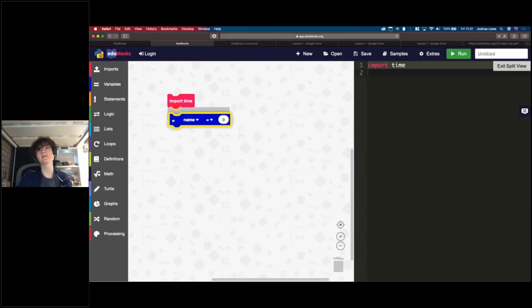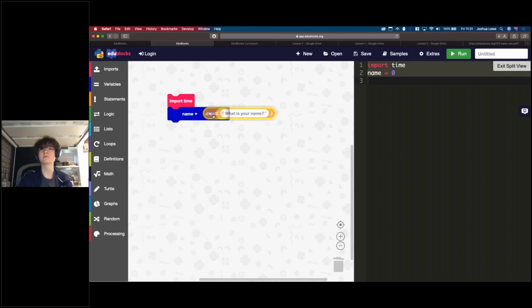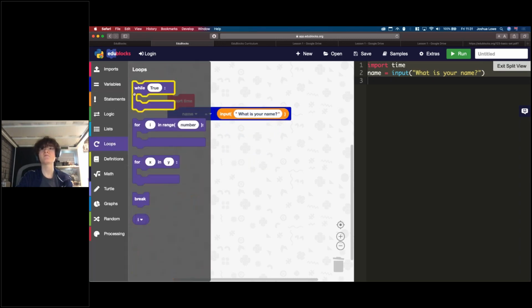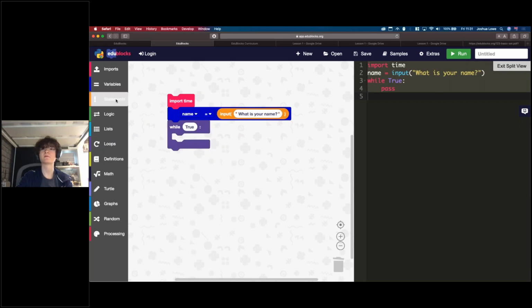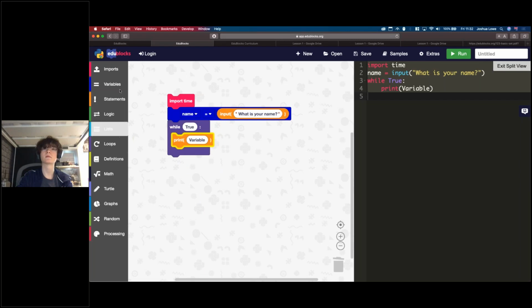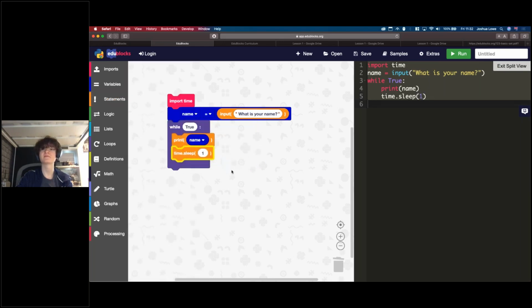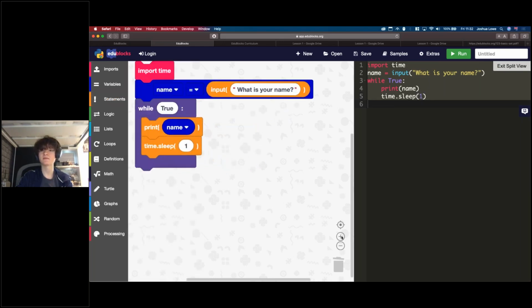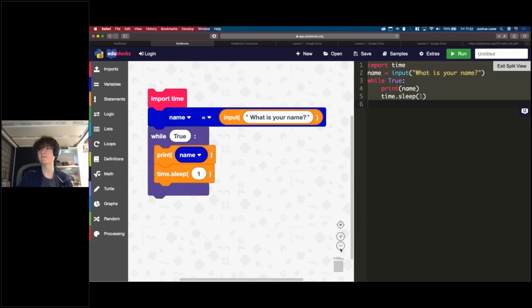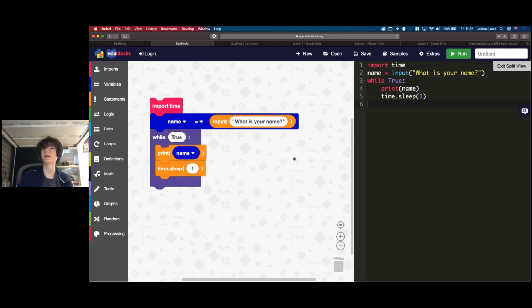So if I drag a name variable here and then do an input, what is your name? I'll keep that as it is, and then get a while true loop there, and then we'll do print, and then drag a variable block for name, and then so it doesn't go too fast, we'll do time.sleep. So you can see here that the blocks code matches up with the Python code on the right, and